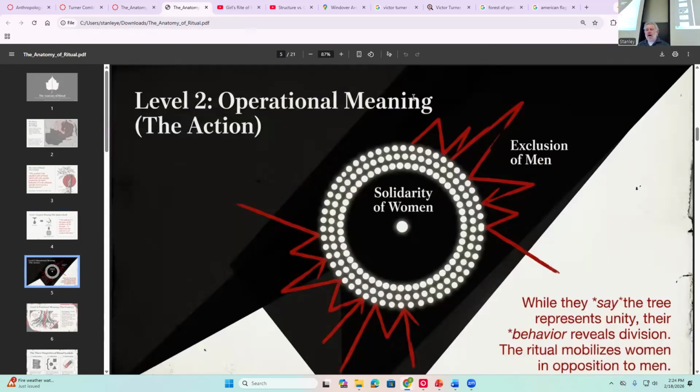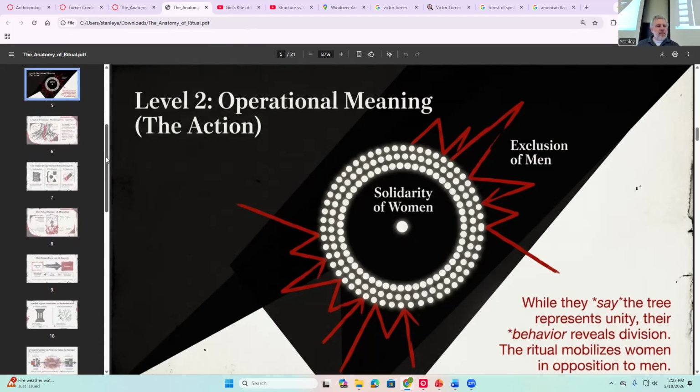So he does these two levels, but he says that there's also this third level, right? He talks about how they will say that this ritual around the milk tree is about unity, but in many ways it's about division, right? People will say it's about the coming together of the tribe, but there are oppositions between men versus women. Women will chant and make fun of the men during this time. There's also an opposition between mothers and daughters as the daughter is being initiated into womanhood and married off to a different group. So there's tension as the social group comes apart. It's important for us because people in society don't necessarily talk about these things, but we as anthropologists can see it.